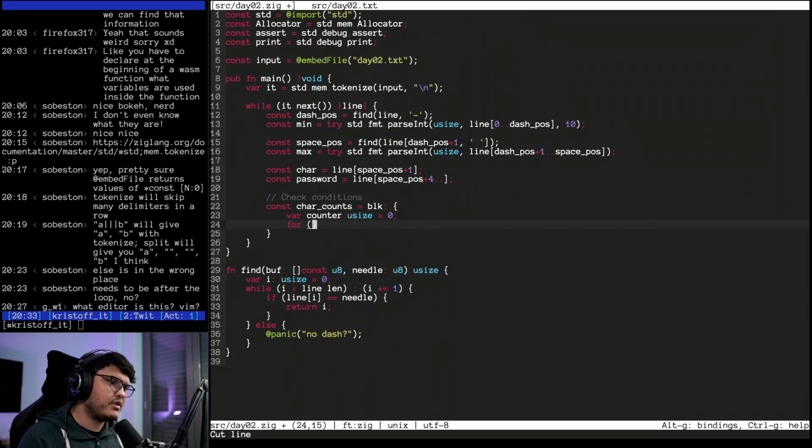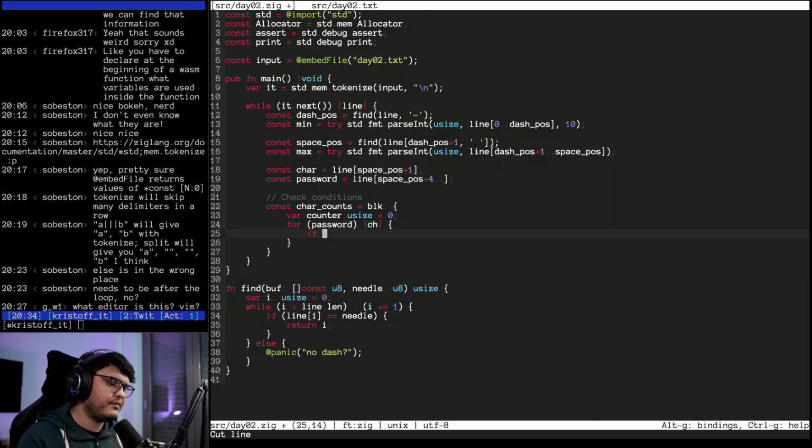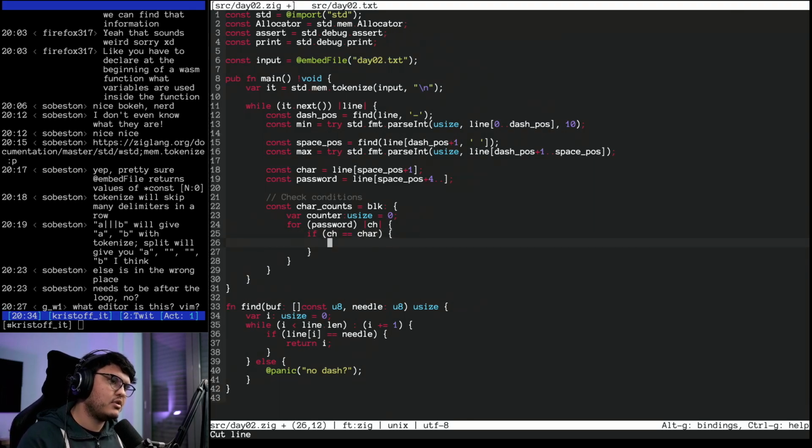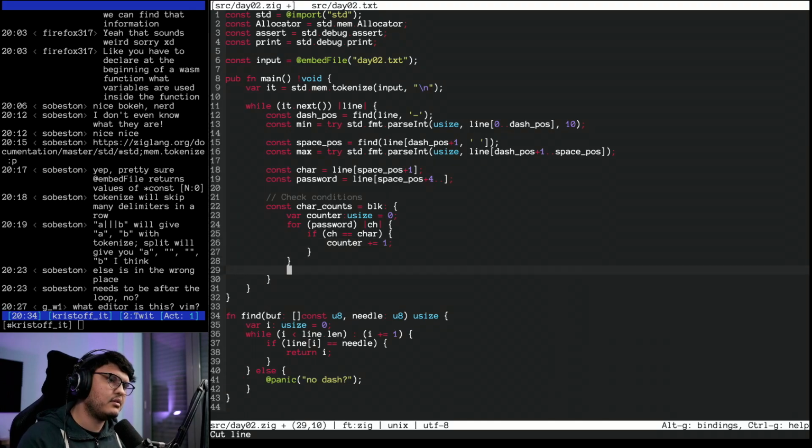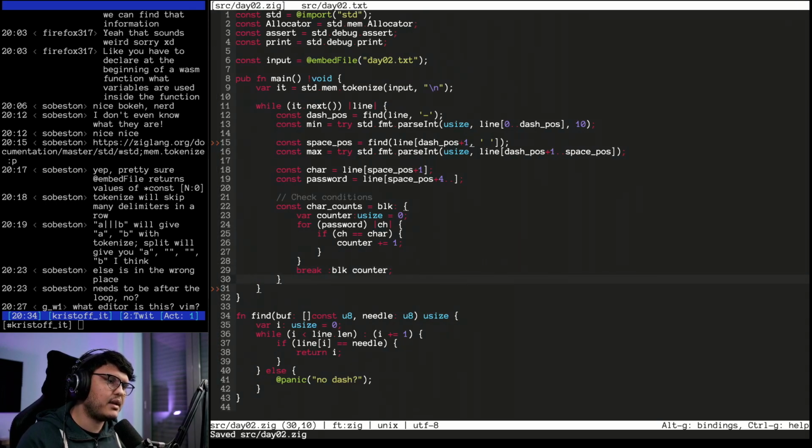Do we do for password ch, if ch equals r, counter plus equals 1, and at the end we break the block with counter. And this needs a semicolon, yes. So we keep increasing the counter, and then we break from this block with the final char counts.